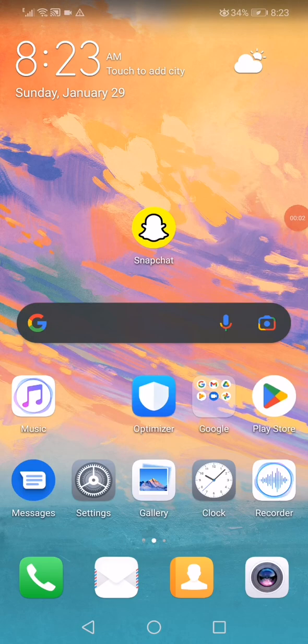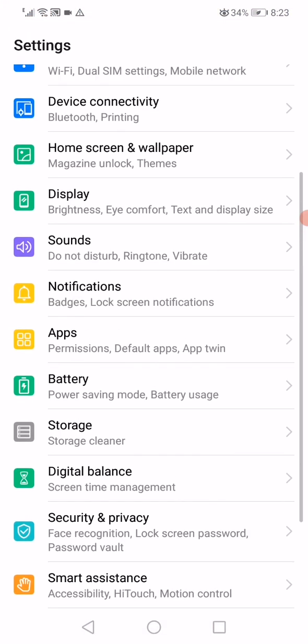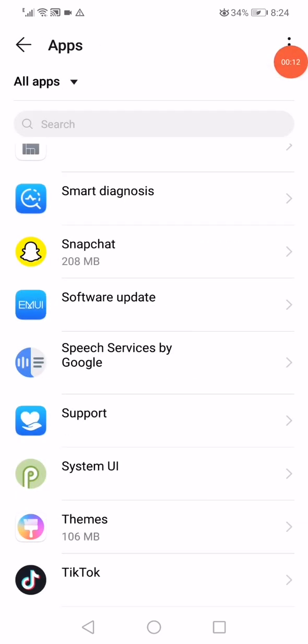In this short tutorial, I'm going to show you how to fix Snapchat no connection. First thing, open the settings on your phone, go to the apps, click on Snapchat,